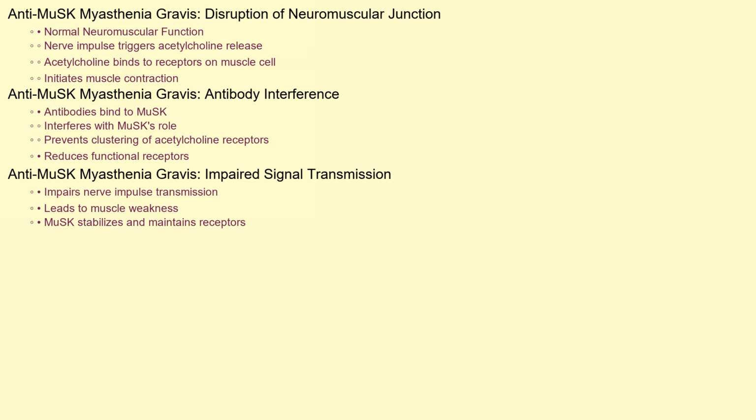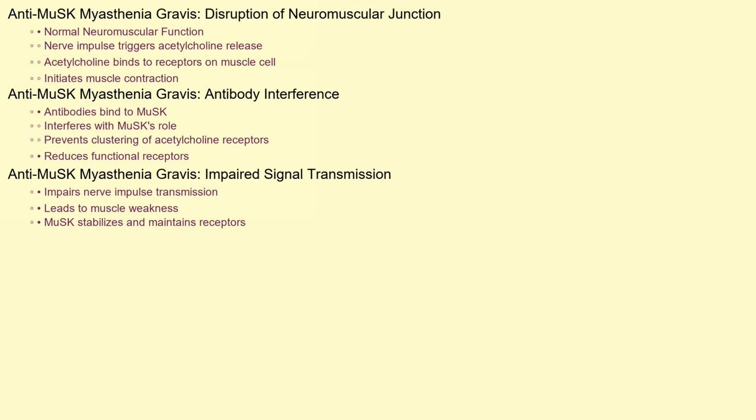In anti-MuSK myasthenia gravis, antibodies bind to MuSK, interfering with its role in clustering acetylcholine receptors. This reduces the number of functional receptors available at the neuromuscular junction, impairing the transmission of nerve impulses and leading to muscle weakness. Because MuSK is involved in the stabilization and maintenance of these receptors, the antibodies against MuSK can